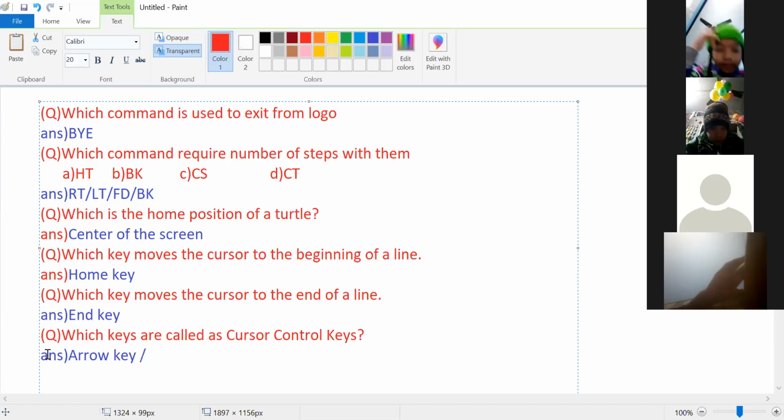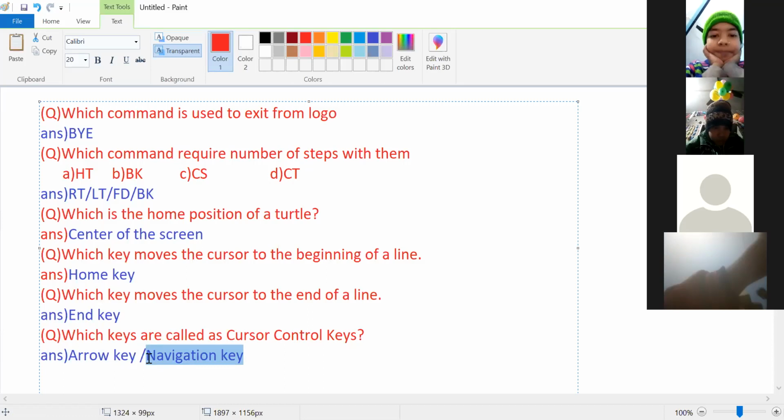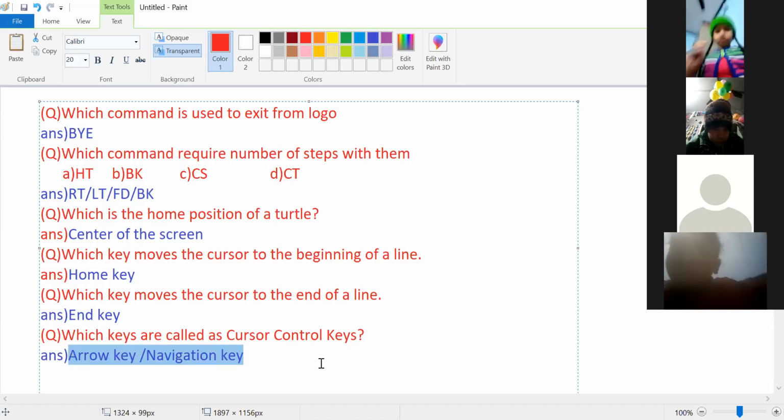This is also called the navigation key. Suppose arrow key is not there in the option and navigation key is given, then you have to select the navigation key. Both are the same. Arrow key and navigation key are the same, no difference.